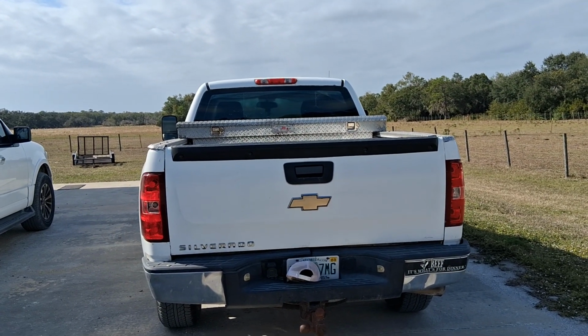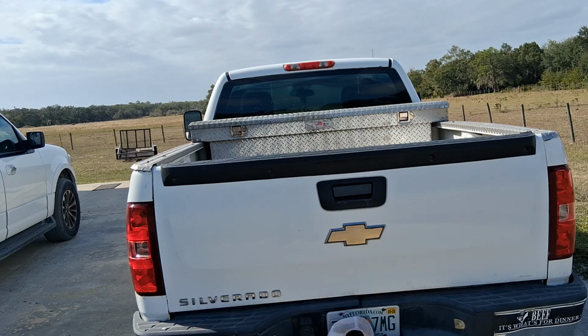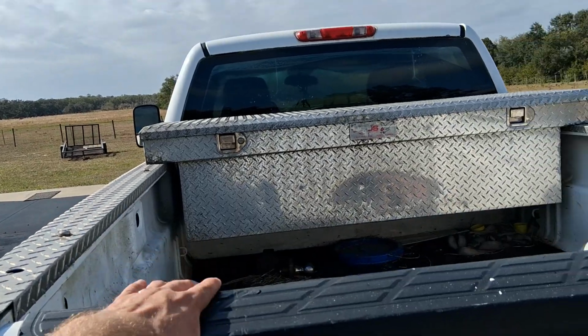So this is my old Chevrolet. Got it in '08. It's been a fine truck. Main drawback of this thing is, after about 3 years owning it, the tailgate kept falling down and falling down and falling down. You shut it, it falls down. What it turned out to be was